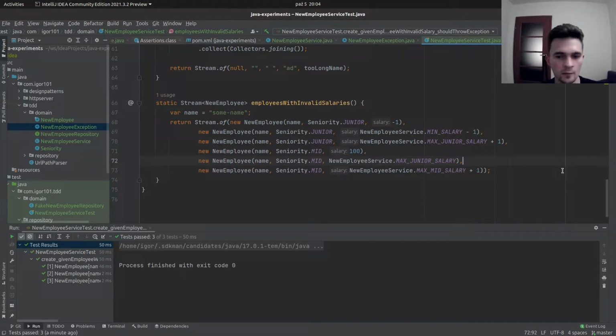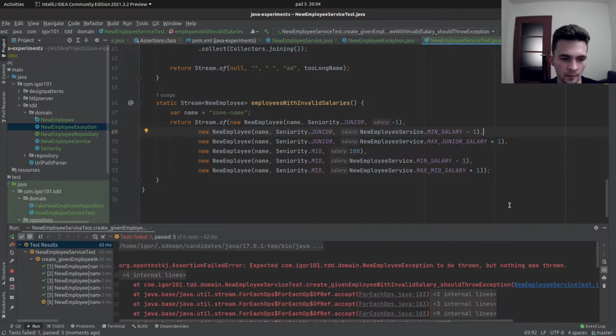I don't know, this is actually valid case, so maybe also new salary -1 as previously, but we have mid right now, so it should fail. Okay,